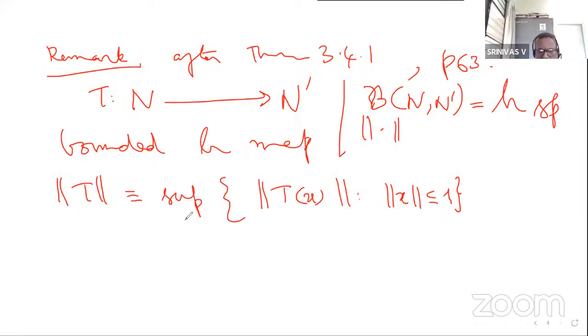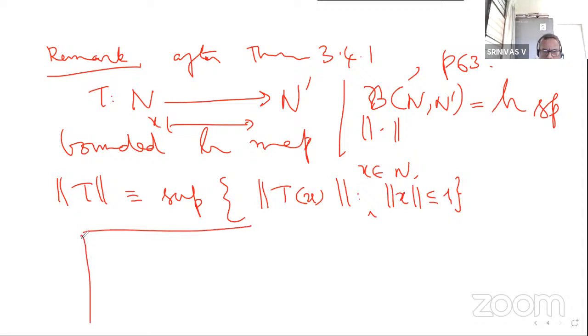We define norm T to be the supremum of the norms of these image values, Tx, where T is a mapping from N to N dash. Here x is coming from N, this is x belongs to N. This is the ordinary vector space N. You take x from N, and it says that norm x must be less than or equal to 1. Means in the normed space N, you are taking the points